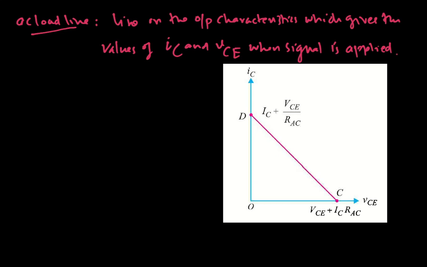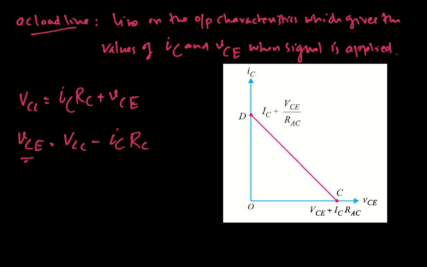So when signal is applied, we know that VCC is equal to ICRC plus VCE, or VCE is equal to VCC minus ICRC. Again, this dependence of IC on VCE is a linear relation, and that can be plotted in the output characteristics as a straight line. The two endpoints are given by C and D, where the point C represents the maximum value of